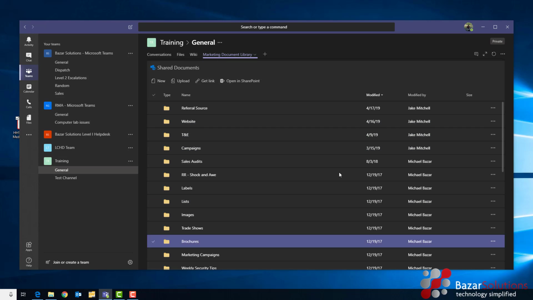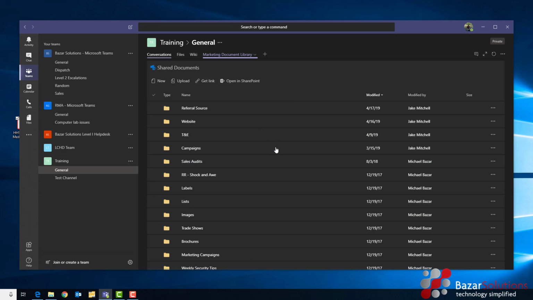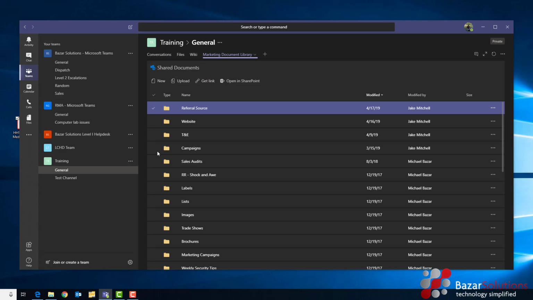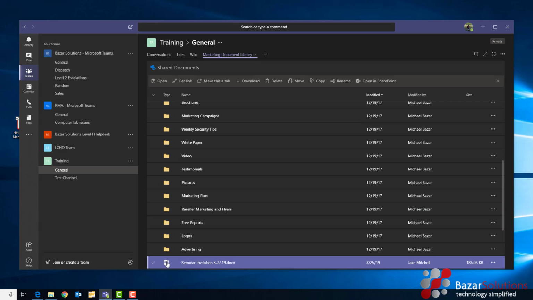But if I come in here, I can attach the relevant SharePoint document library, and because I have that SharePoint document library, I can easily come in and access whatever I need to access, and then copy and share that into it, or tell people to go look at it. Same thing, you can get a link on any one of these. So if I wanted somebody to look at a specific file or folder, like here's this seminar invitation,